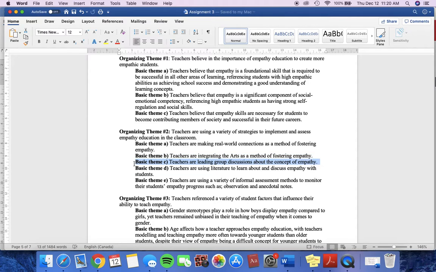Another theme that I got out of this was that teachers are leading a great deal of discussions about the concept of empathy with their students. And then also teachers are using literature, so read-alouds and storybooks and novels to learn about and discuss empathy with